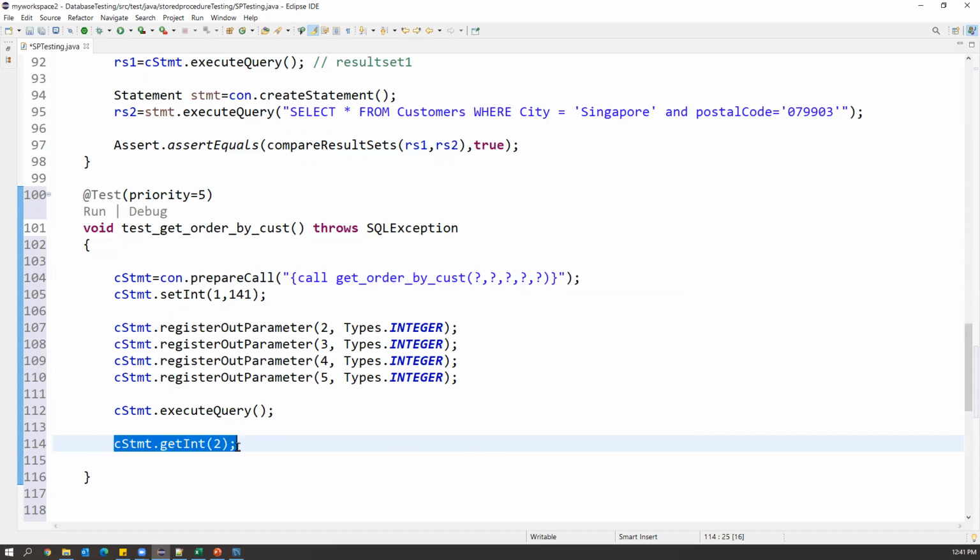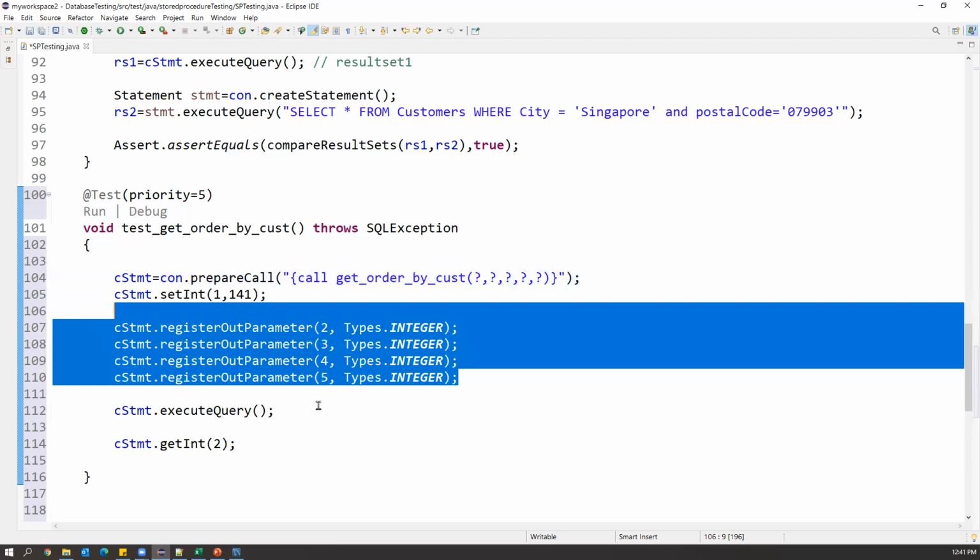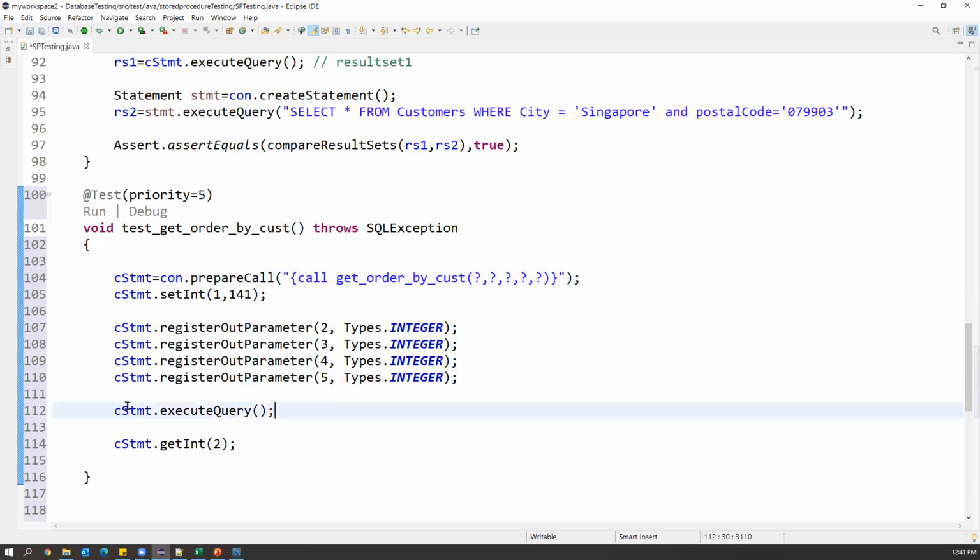This statement will get the value of the output parameter in the second position, which we already registered here. After registering the output variables, we executed the statement, and after execution we get the output in those variables. Then we extract the value by using the callable statement dot getInt of 2. So this will return the value.